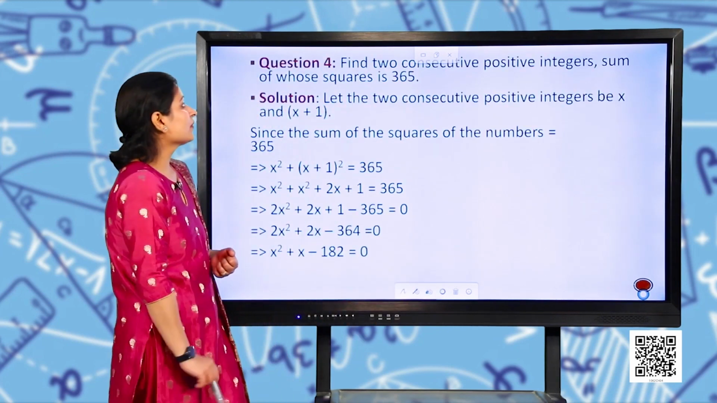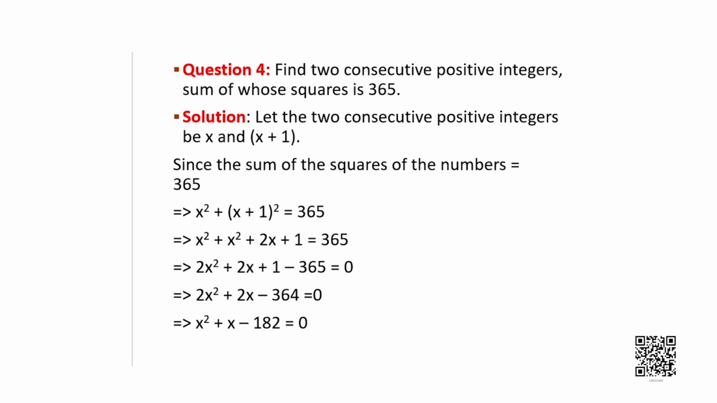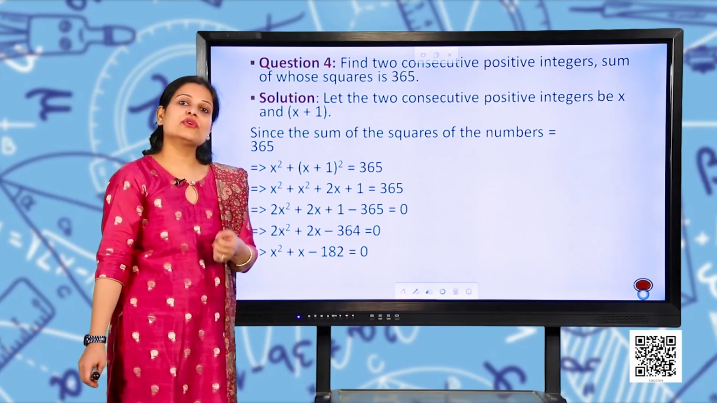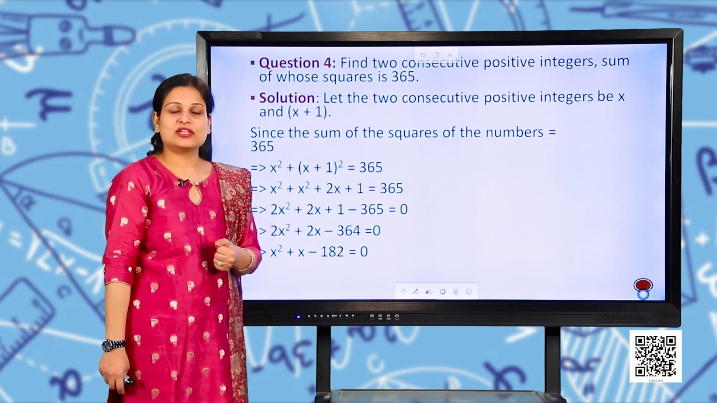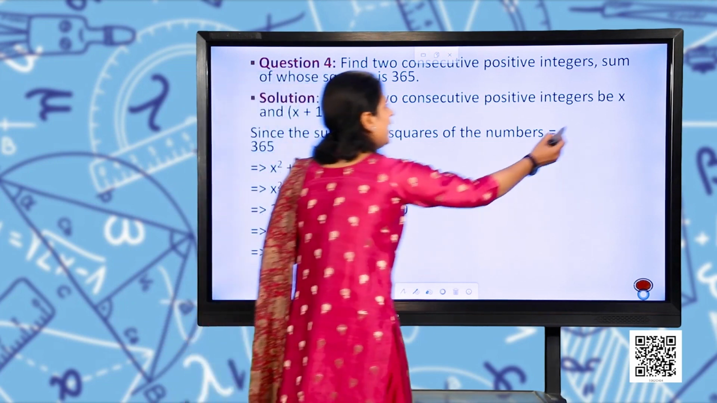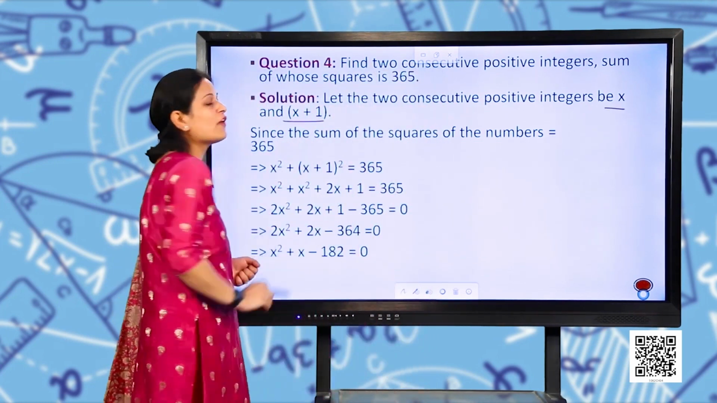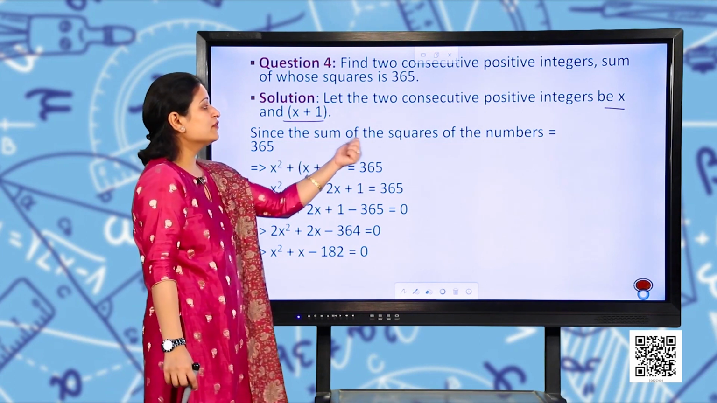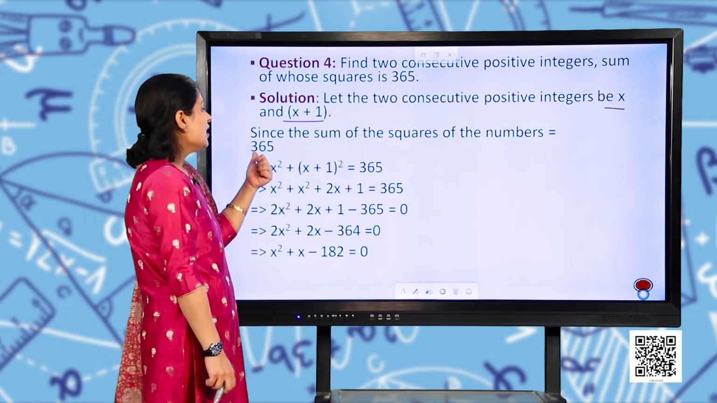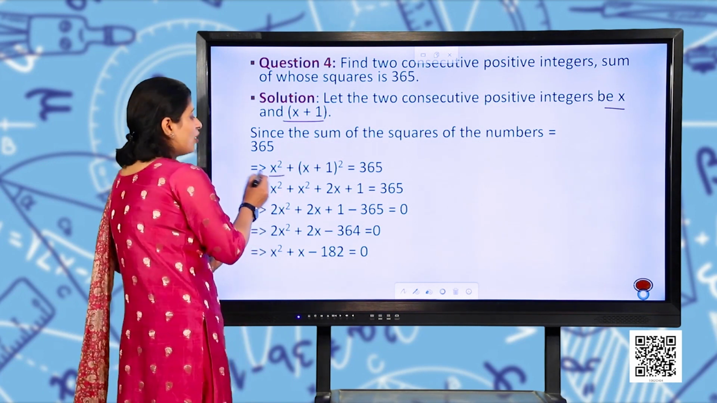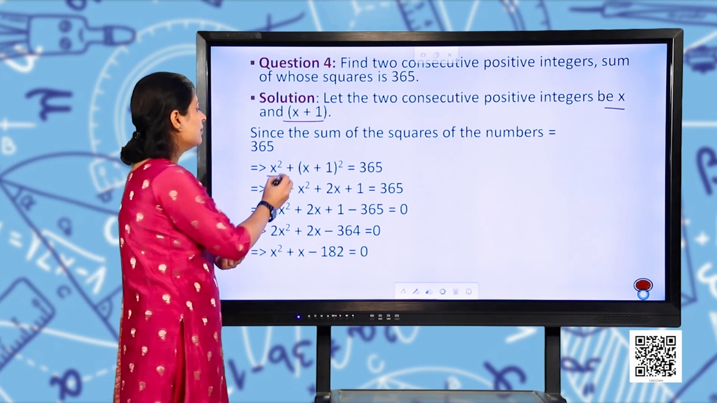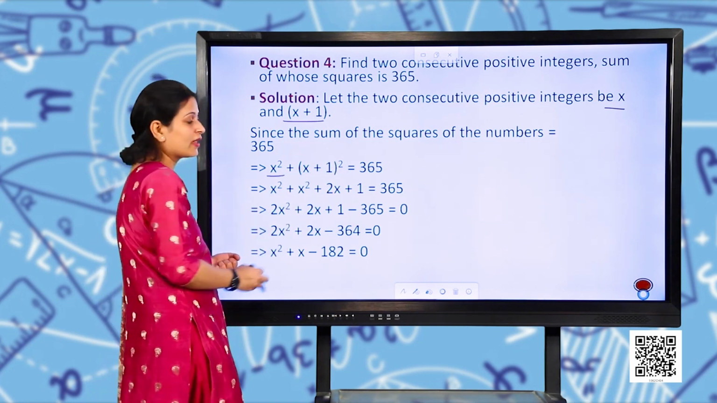Now, next question: find two consecutive positive integers, the sum of whose squares is 365. Now, consecutive means what? One after the other. So, we need to consider two positive integers as x and x plus 1. Now, since the sum of the squares of the numbers is equal to 365, it means x square plus x plus 1 whole square is equal to